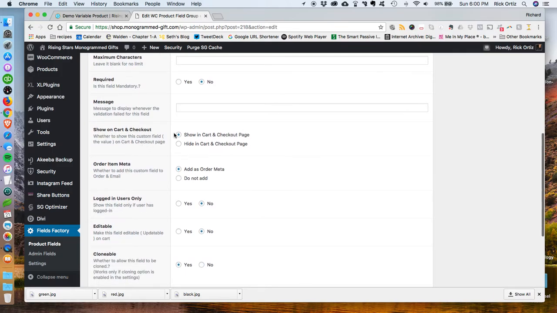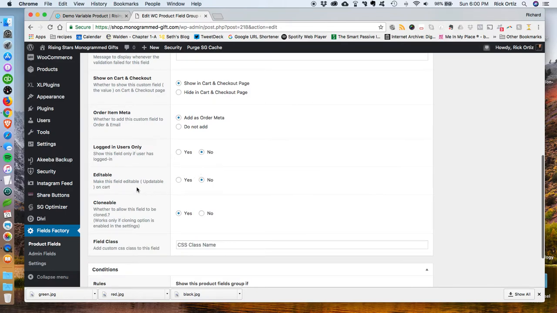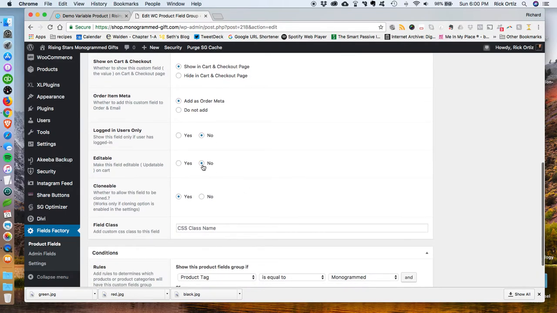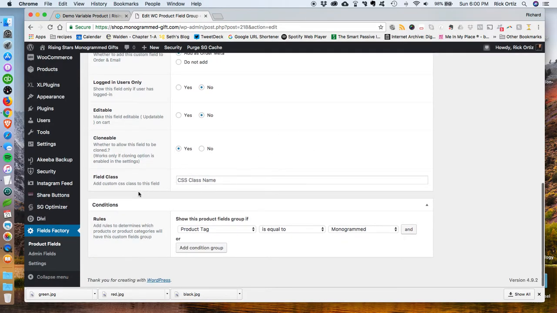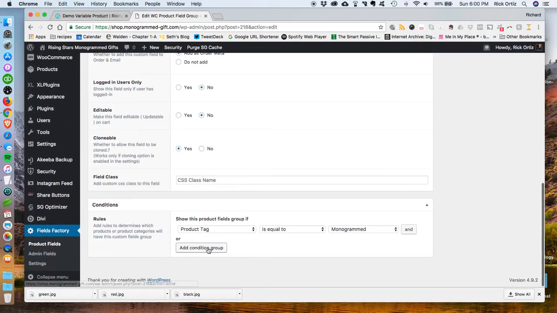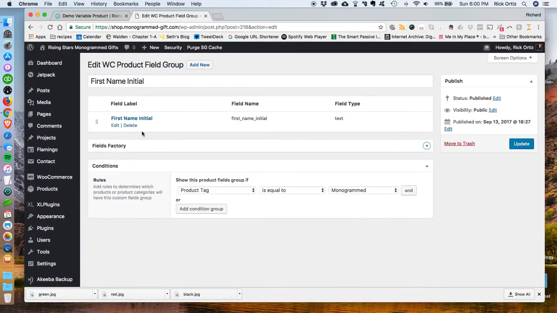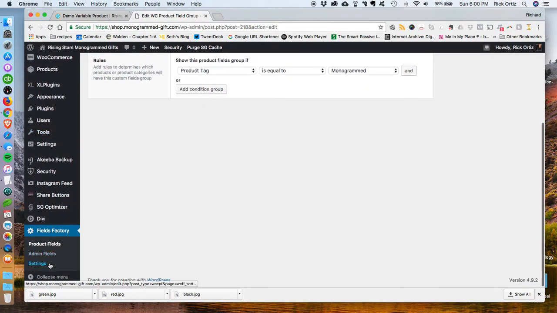Show the cart on checkout. You do want to make it editable on cart, clonable, so they won't be able to get in on the cart and edit this. And you can do all kinds of stuff with CSS. But for right now, as long as we understand that if you use the tag monogrammed, that's going to show up. Well, not only will that one show up, but so will the other monogrammed